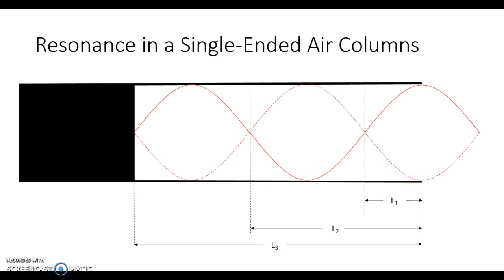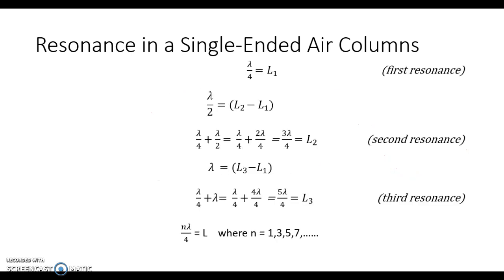Now looking at all this mathematically, if we want to find the location of first resonance within the air column, it is going to be equal to lambda divided by 4, where lambda represents our wavelength. So for whatever frequency we're generating, lambda related to that frequency divided by 4 is going to give us our